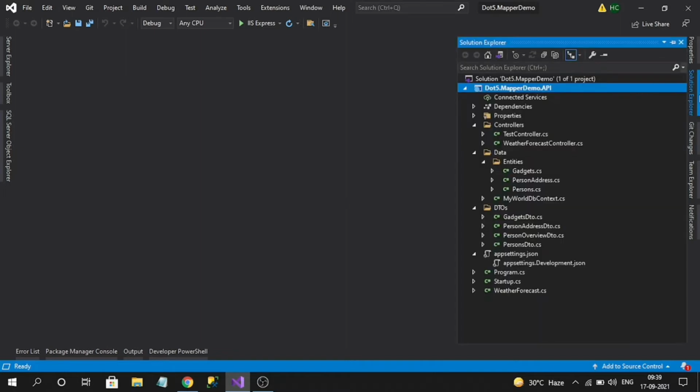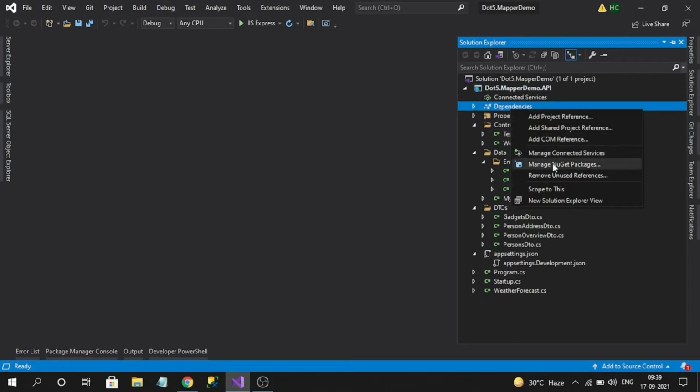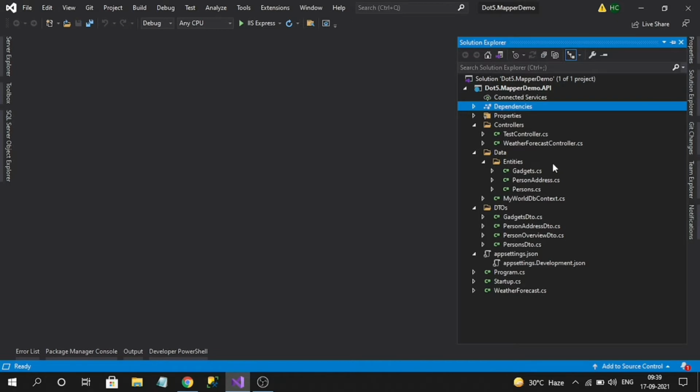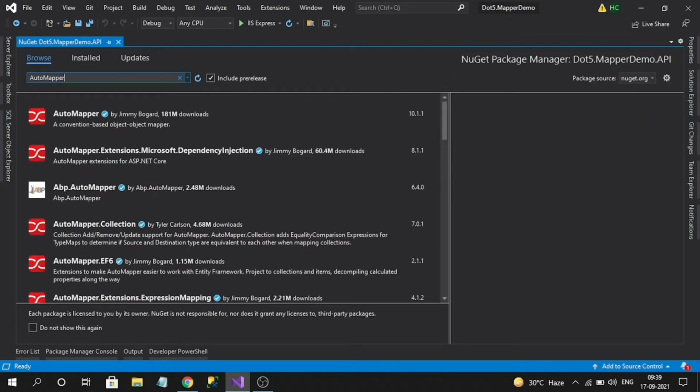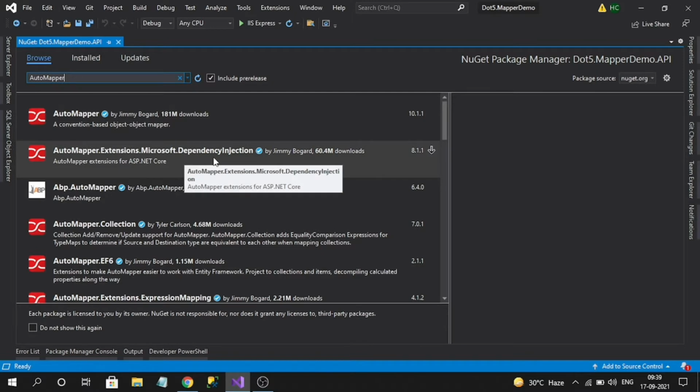To do that, go to Manage NuGet Packages. In the Browse tab, you can search for AutoMapper. You can see the AutoMapper main library and also AutoMapper.Extensions.Microsoft.DependencyInjection. I will install this one because it supports .NET Core with the inbuilt dependency injection.